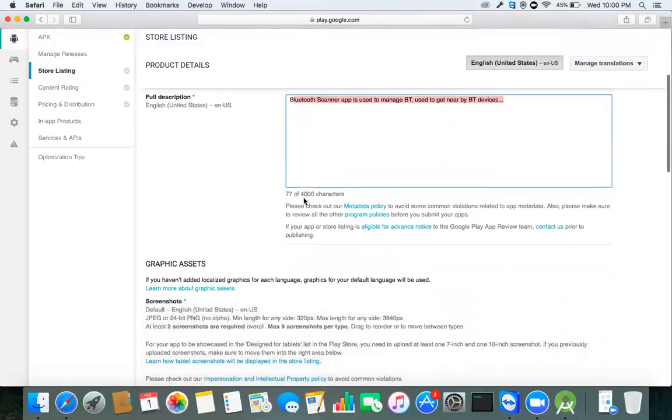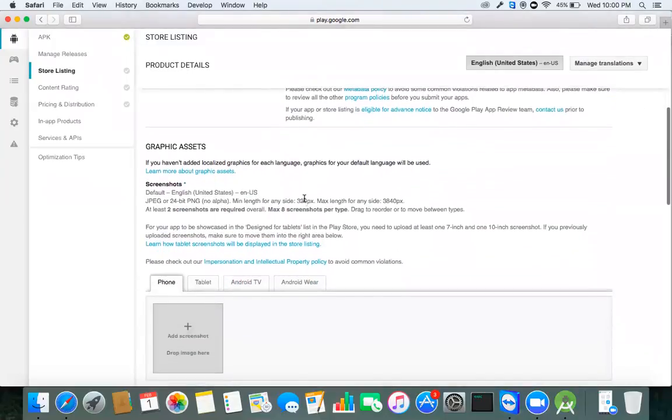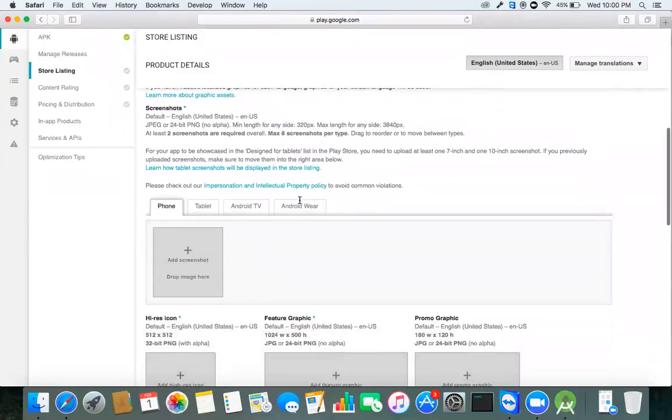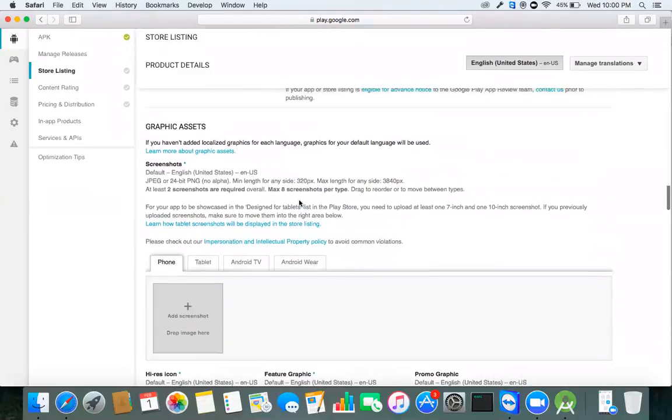If you scroll down, you can find an option called graphic assets. What is this graphic assets option? Graphic assets is nothing but